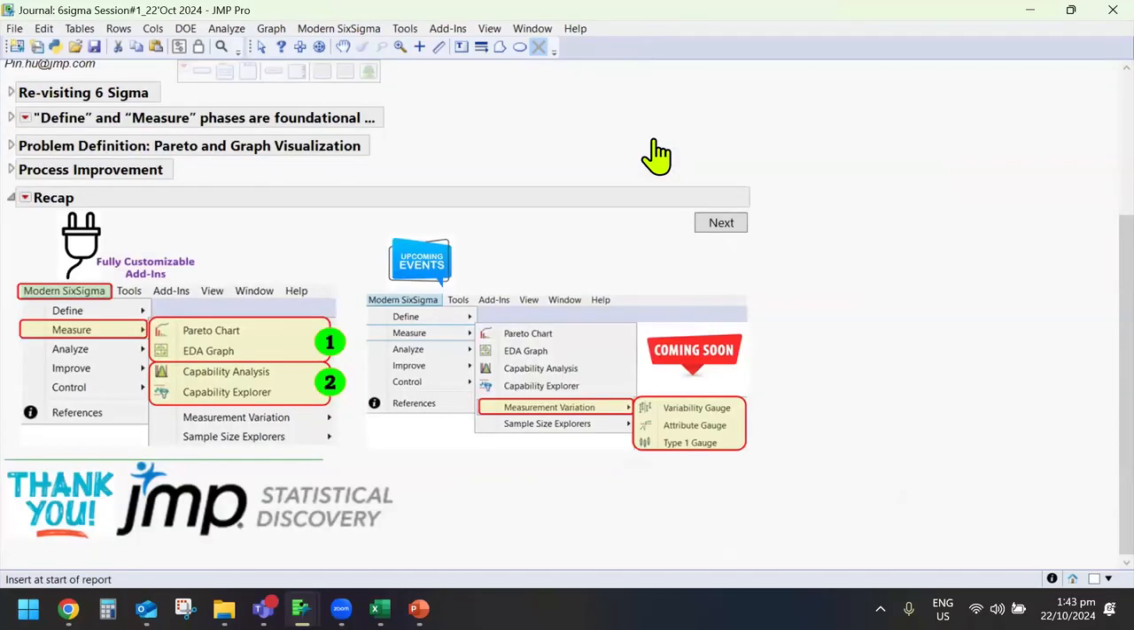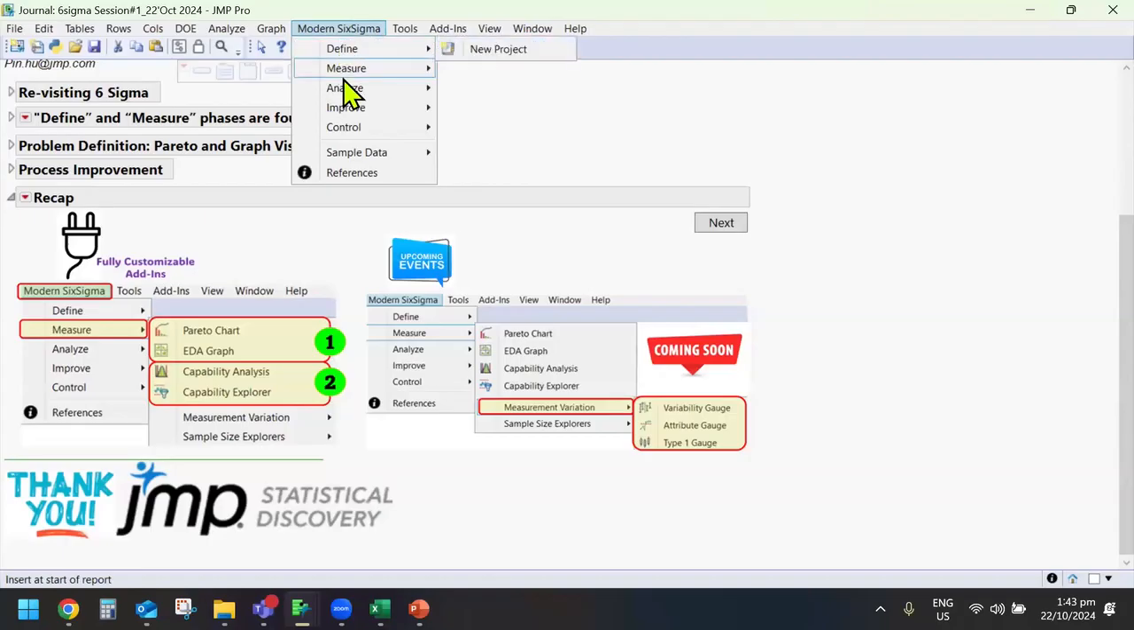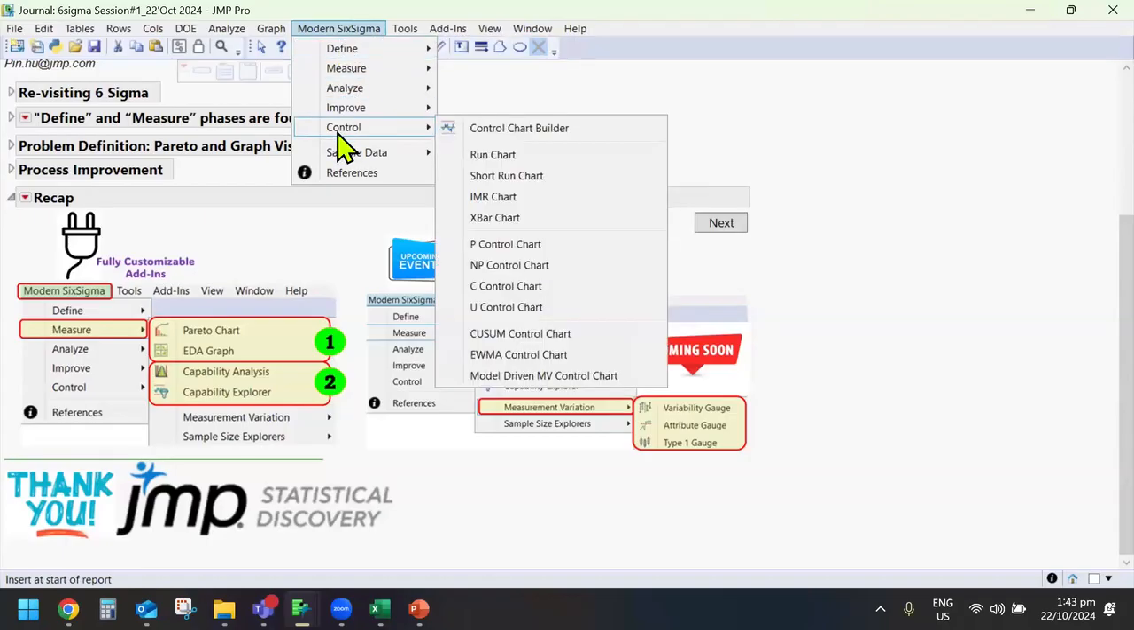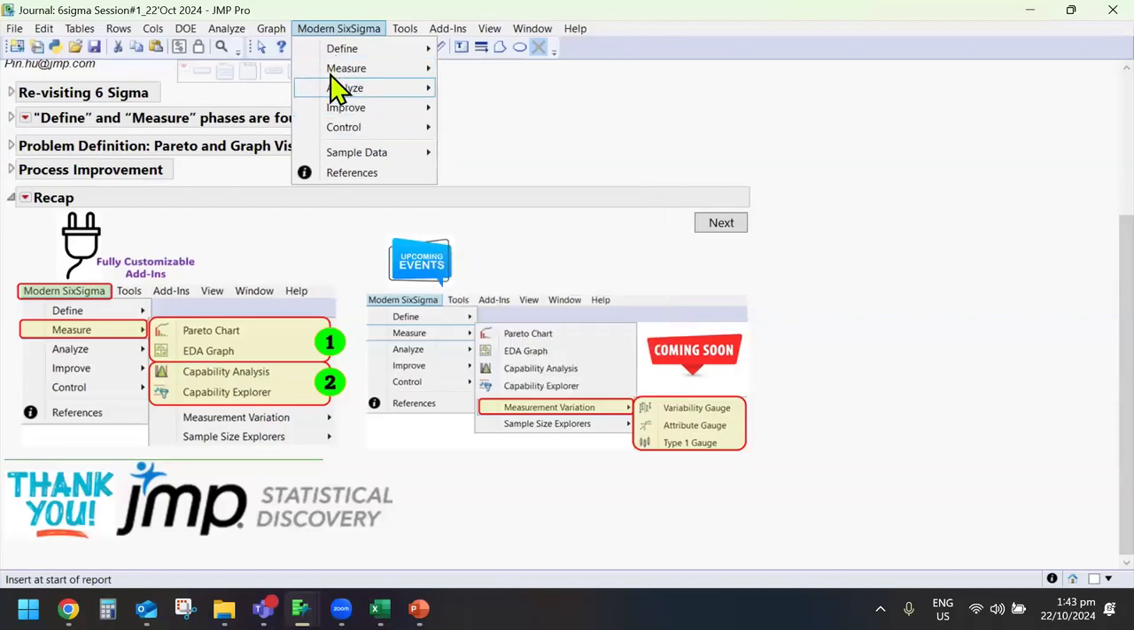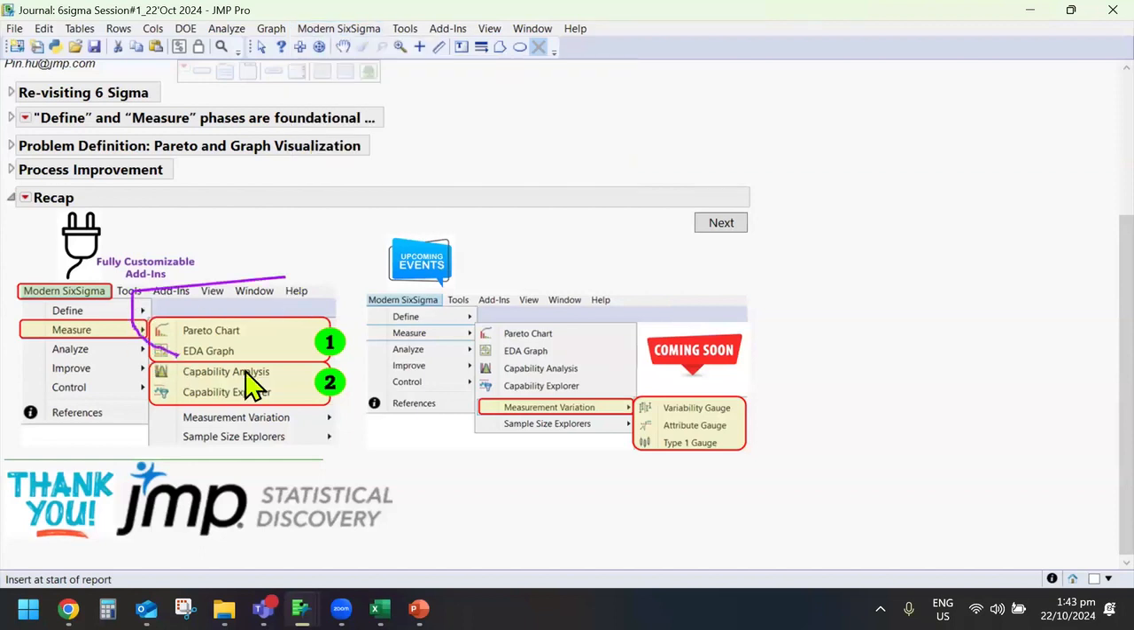So the final recap for today's session. Today we used the Six Sigma JMP add-in, which consists of the five different DMAIC stages. That is the software platform that we are going to use, right? But for today's session, we only focus on the measure stage, talking about Pareto and EDA to do the problem definition, to visualize our problem. And second part, we talk about the capability analysis, how to identify the direction, how to